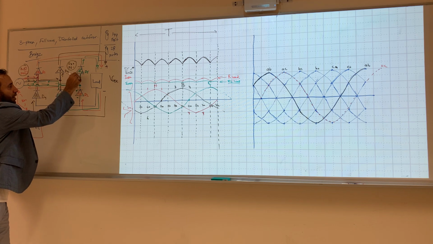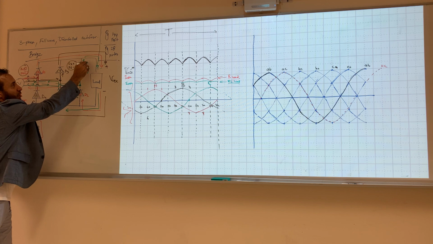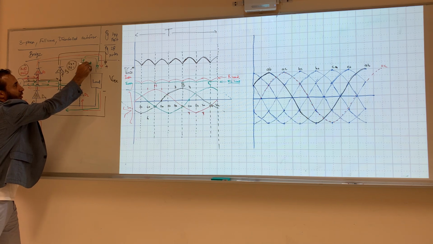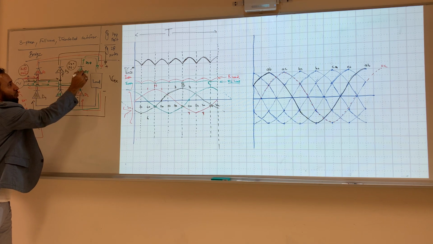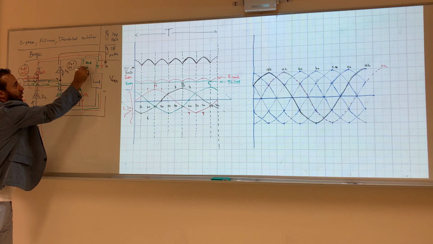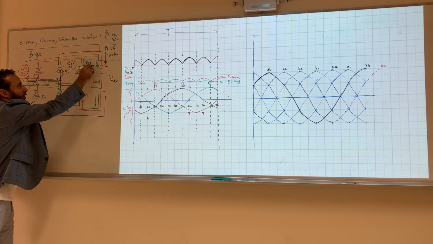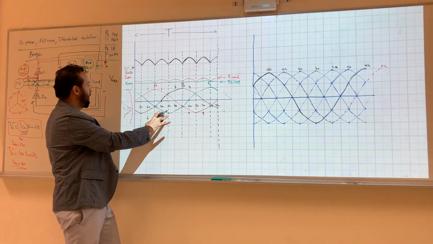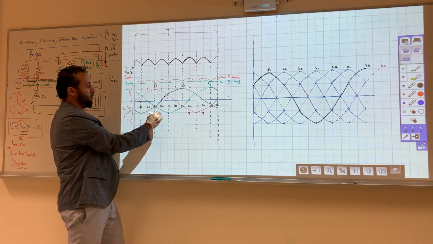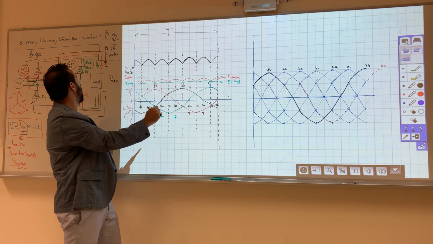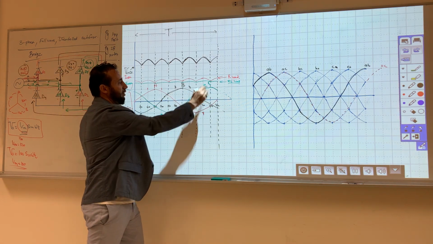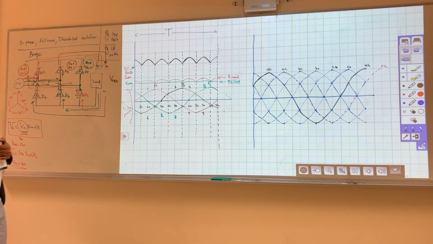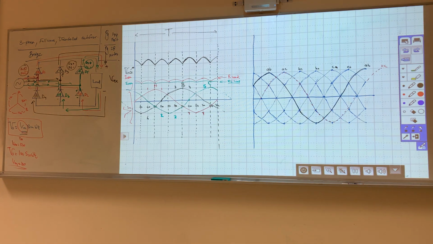The diode in the positive is diode 5, positive, and diode 2, negative. So I will look at C. The negative is diode 2, so this is 2, and the positive is 5. Okay? So I can say that